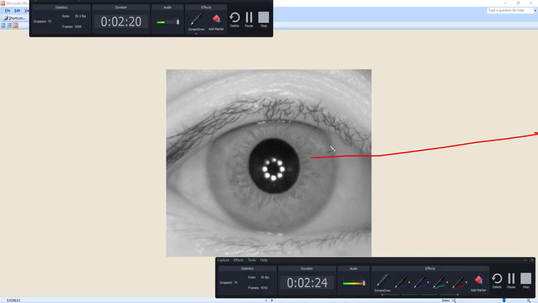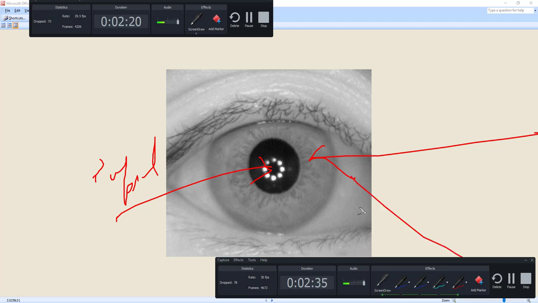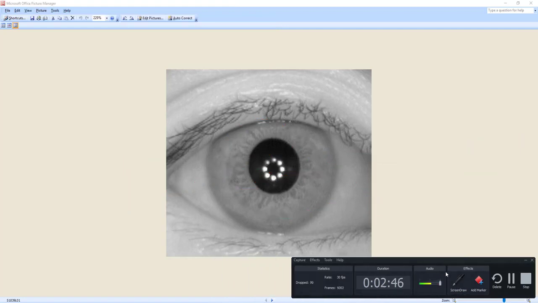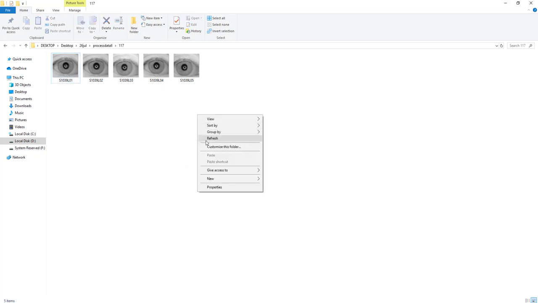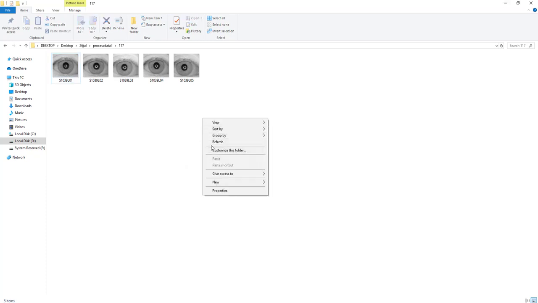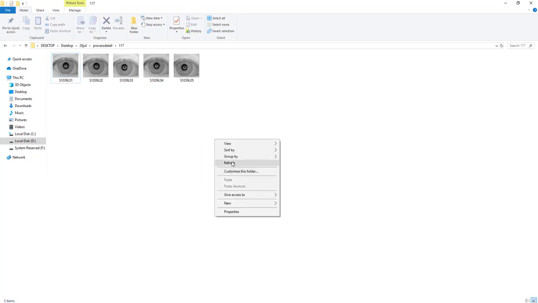Guys, this part we call the iris, this part we call the pupil, and this part we call the sclera. The unique pattern, as you can notice, is contained in every iris. So your iris is also unique. It is impossible for two persons' iris patterns to be identical.